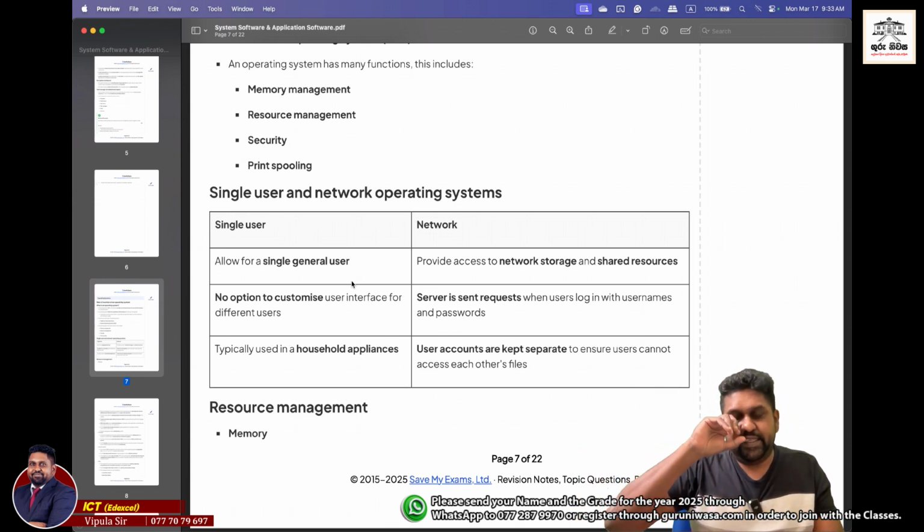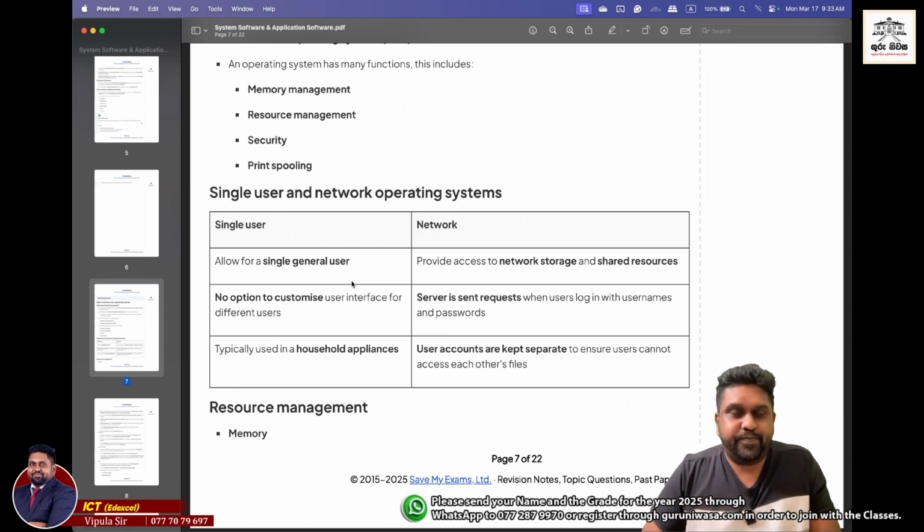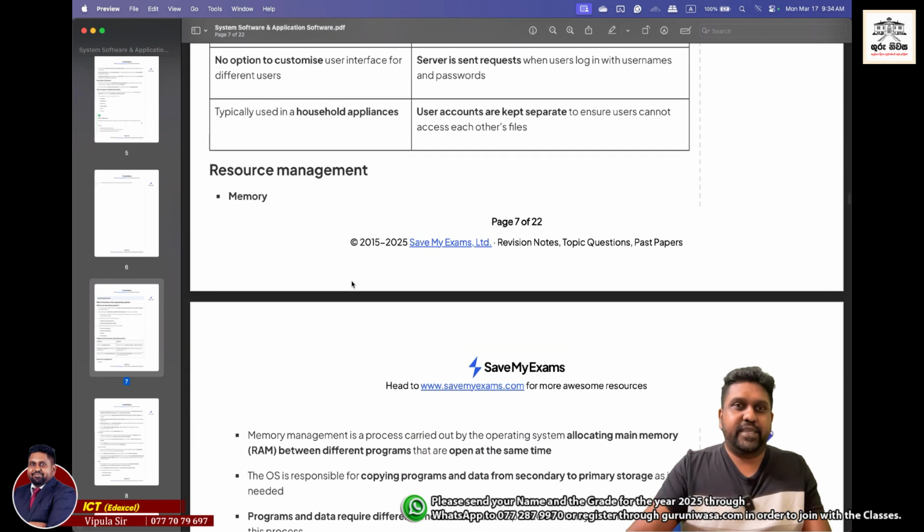But if it is, let's say, just a single-use application, then that means we are basically having all your authentication and all the systems on the single machine itself. Okay, so then we talk about